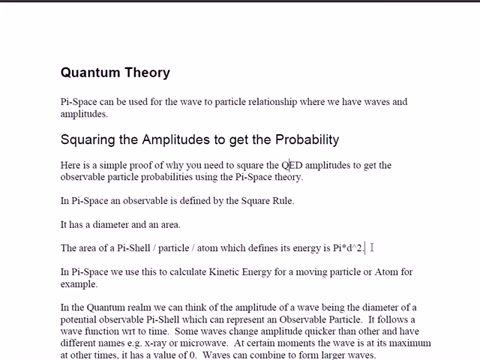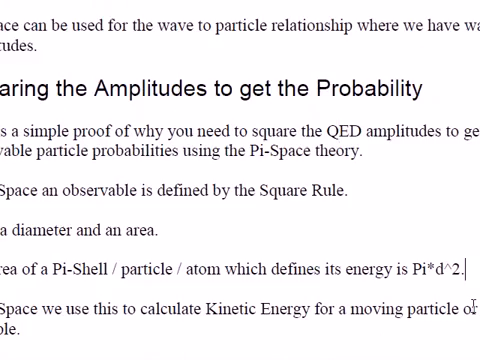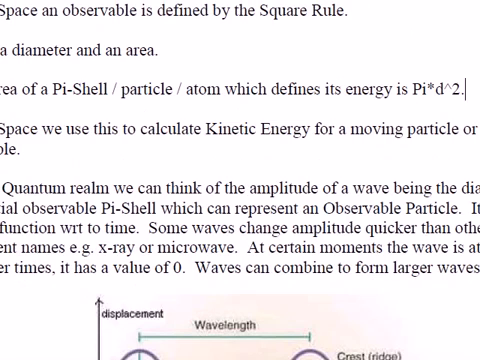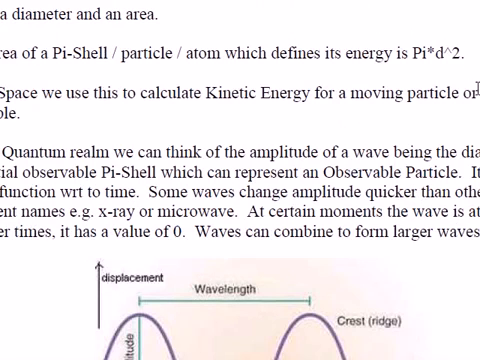Now, in the pi space theory, the pi is not just a constant. I'll explain the reason why it's there according to the pi space theory. So let's focus on the two sides of the formula. There's pi and there's the d squared. Now, if we map this idea to the quantum world, what you get is a wave function, which is the